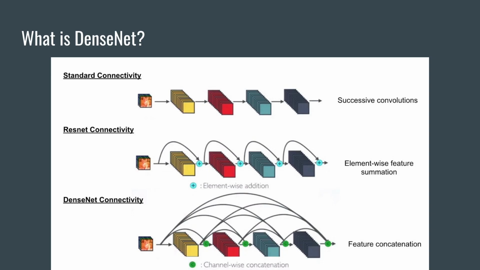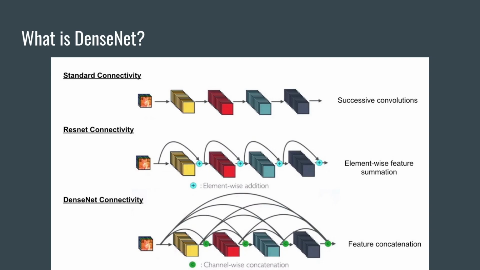Next comes the DenseNet connectivity pattern, which has more shortcut connections as compared to the ResNet. So in DenseNet, we can say each layer obtains additional input from all previous layers and passes on its own feature map to the subsequent layers. Here concatenation is used instead of element wise addition as compared to the ResNet. So we can say each layer is receiving a collective knowledge from all the previous layers.